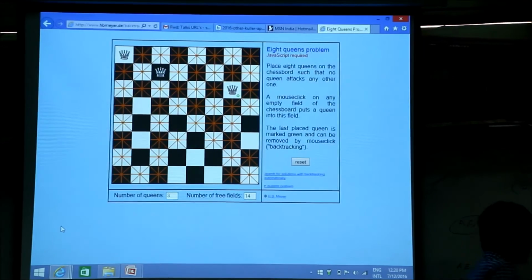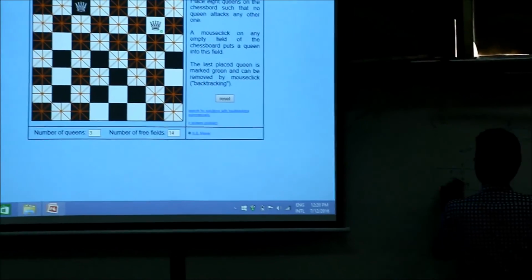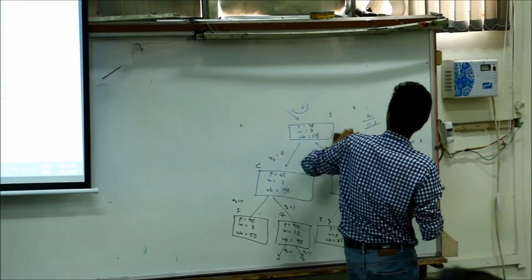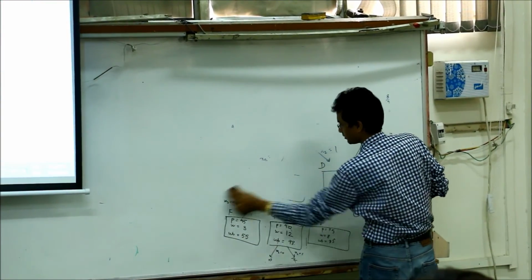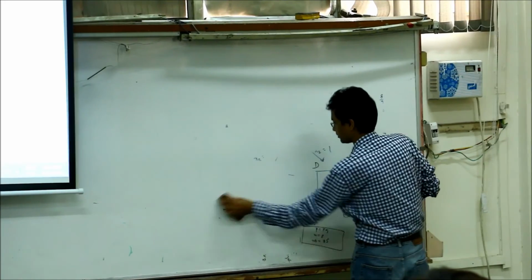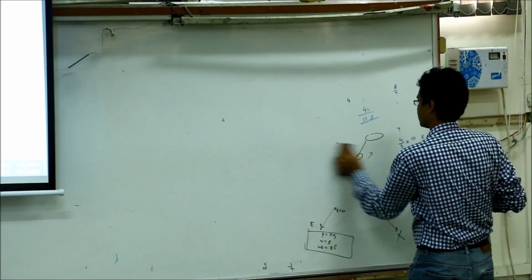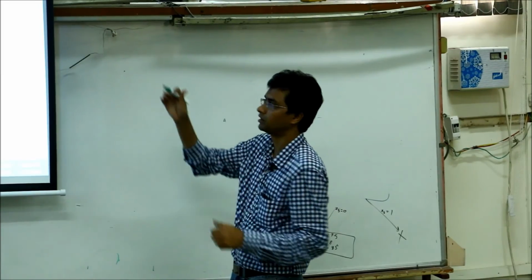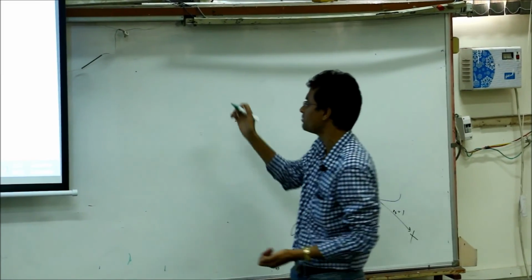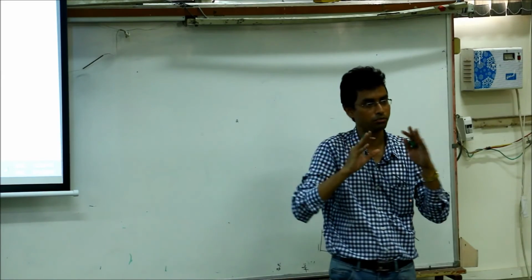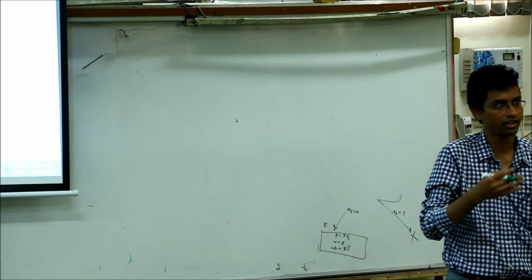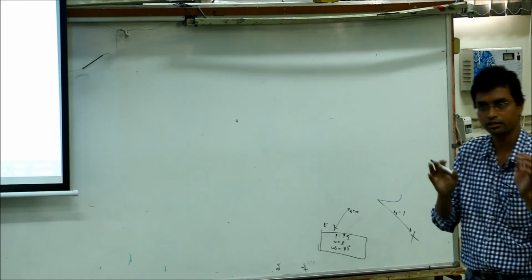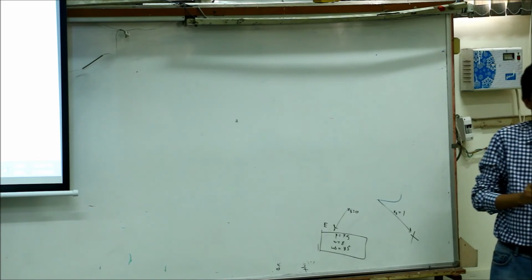Okay, so all these problems which you have been seeing, which I discussed and which were part of the material, are called offline problems, right? Why? Because you are given some kind of input, so you know the input in advance, and based on the input you try to figure out the optimization problem or whether there is a feasible solution. But the crux is that you are given the input in advance. So these are called offline problems.